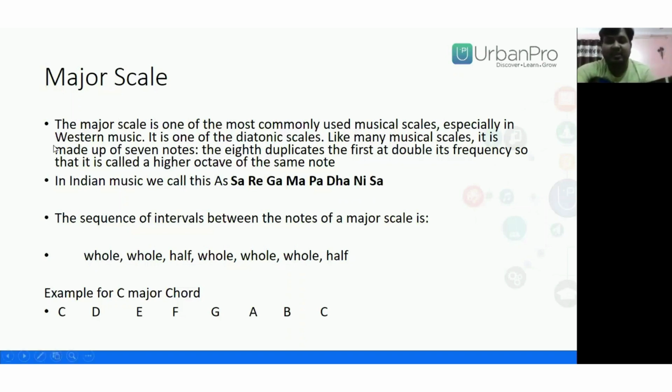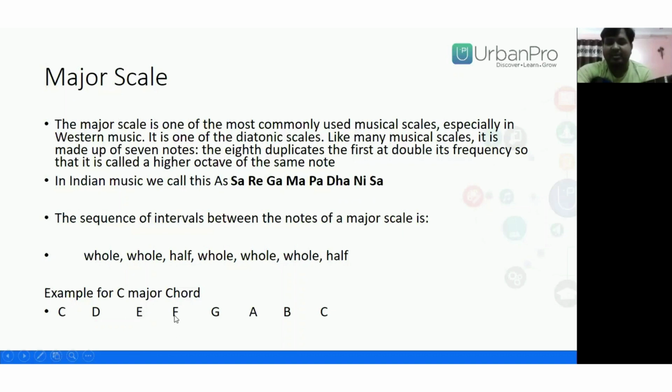Same thing I have written here, as you can see in the presentation, where I have given one example of the C major scale, where you will see there are no sharp notes. Why? Because if you follow the formula of whole and half steps, starting from C, the next whole step will be D, because you are skipping C sharp. From D, again a whole step, skipping D sharp, to E. From E, a half step, because after E there is no E sharp. You will go to F.